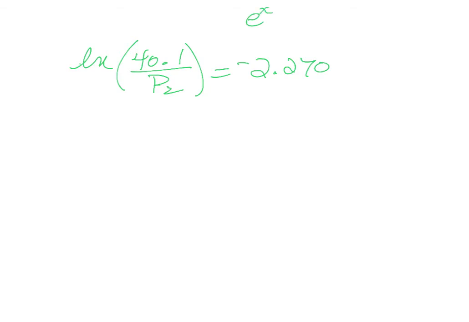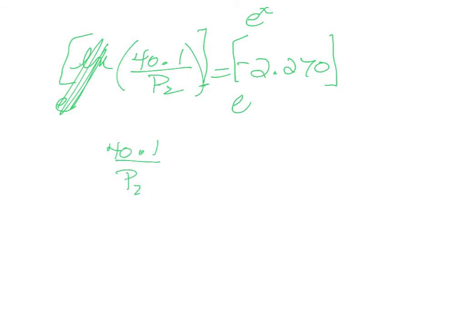and both sides of this equation become an exponent for e. That is, e is considered the anti-log of a natural log. All right, so now the natural log goes away on that side, and we now have 40.1 divided by P2 equals e to the minus 2.270. So hopefully you have found your e to the x key. Sometimes it's a second function above your ln, natural logarithm key. But when you do find it and you put this in, the value that you should get